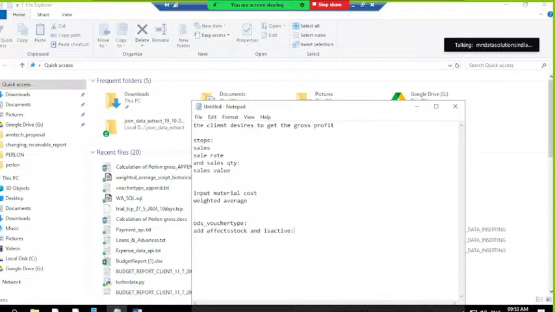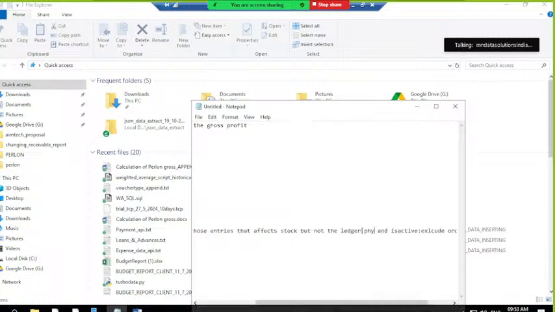So is active would be used to exclude order details, and FX stock will be used to exclude those entries that affect stock but not the ledger, right? Which is like physical stock, right? Stock